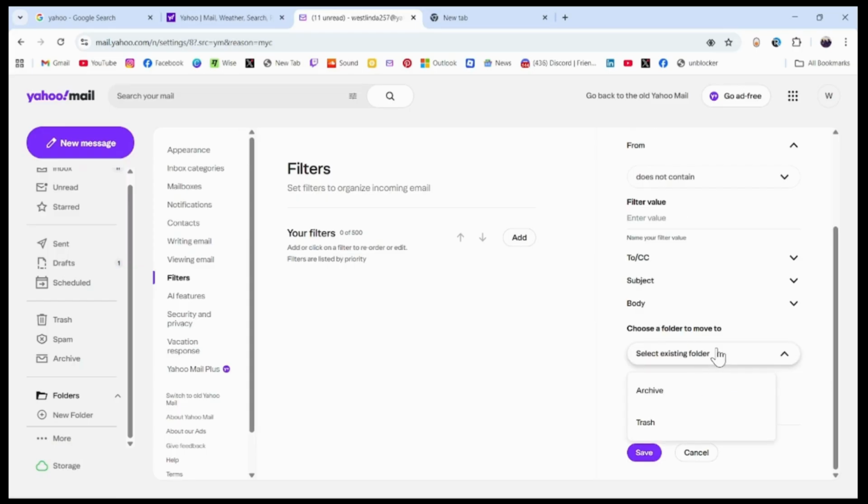Finally, don't forget to save your filter. Once saved, this filter will automatically manage incoming emails according to the rules that you've just established. And there you have it, a simple yet effective way to keep your Yahoo